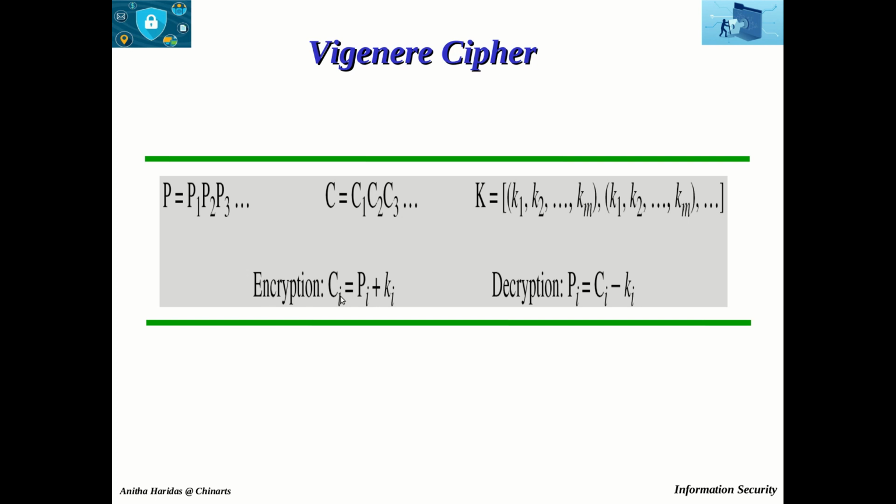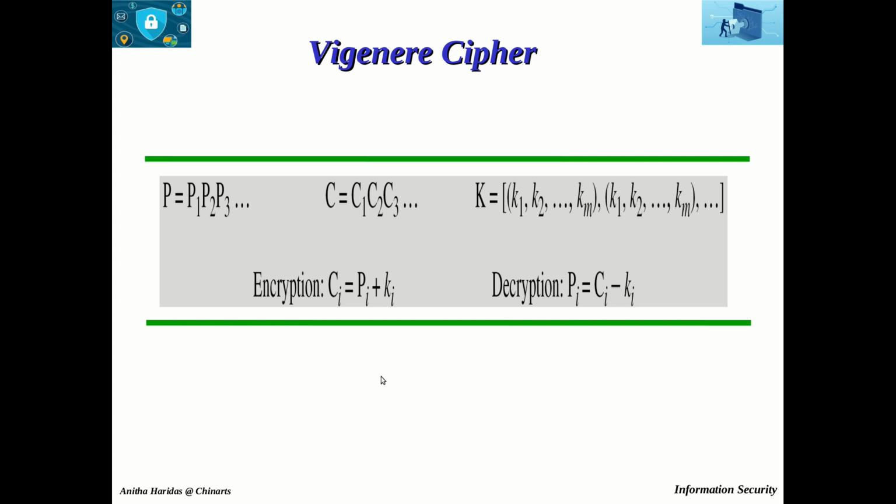When we do the encryption process, the key stream value is added to the plain text to get the ciphertext, and it is subtracted from the ciphertext to generate the plain text. So, this is the process that is used by the Vigenere cipher.